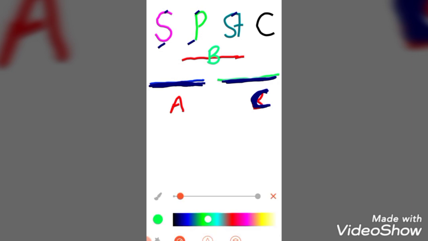So sepals will be made only from the A. The petals will be made up from A plus B, because below the petals there is a region of the B as well as the A, this common region. The stamens are formed by the B plus C, whereas the carpels will be formed only from the C. You can understand easily that petals and stamens require two genes, A plus B and B plus C, but sepals and carpels are formed from a single gene, that is A, and C in the case of the carpels. So this we have understood very well.